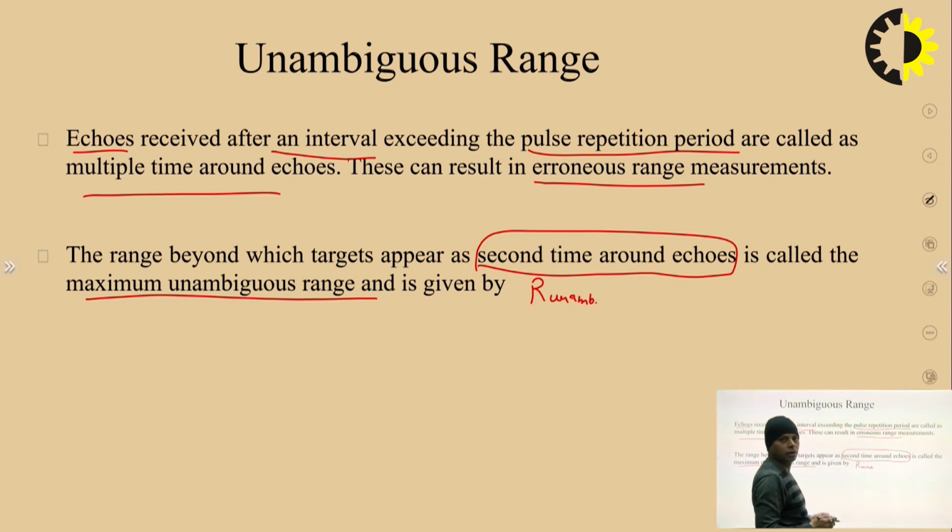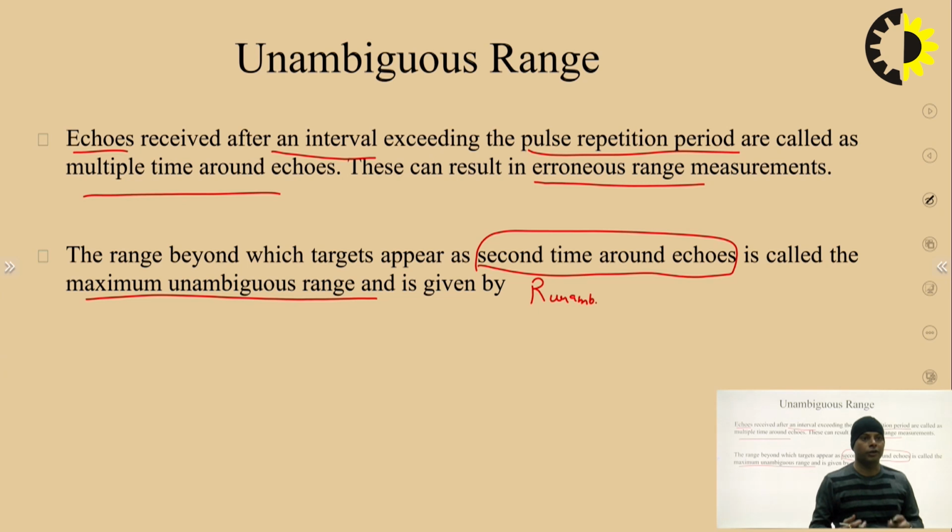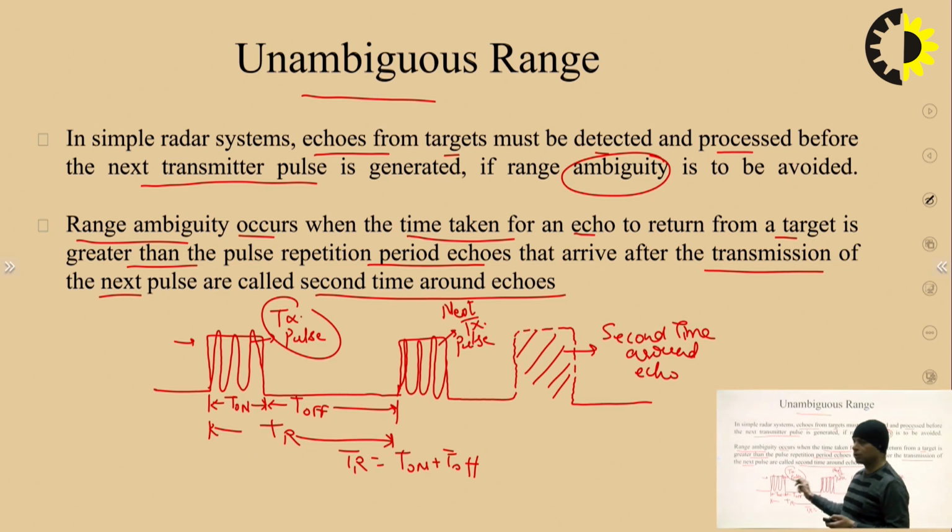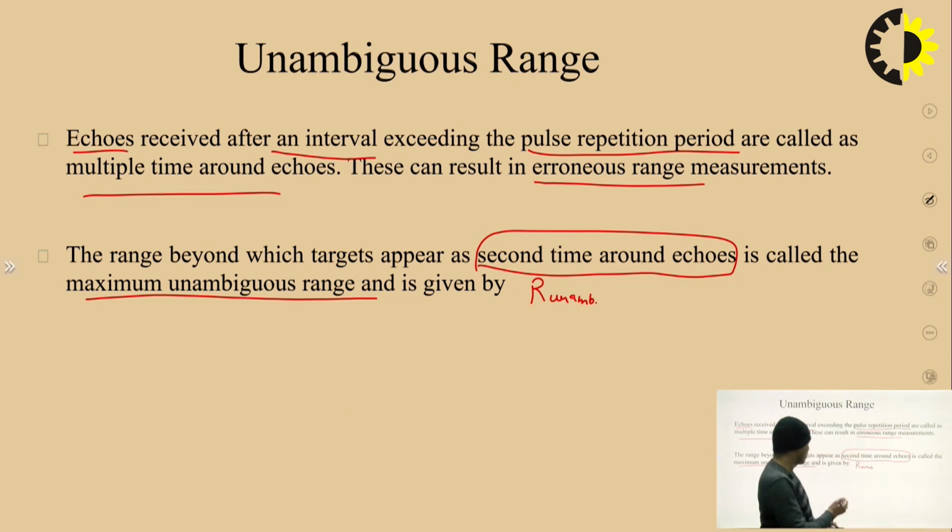R unambiguous by this symbol. So we can now calculate what the value will be, because the target is appearing after the second time around echoes. So this will be the ambiguity. There will be some confusion in the mind about which transmitted pulse this response is for, this one or this one. So the range beyond which the target appears as a second time around echo is called the maximum unambiguous range, and this is given by R U